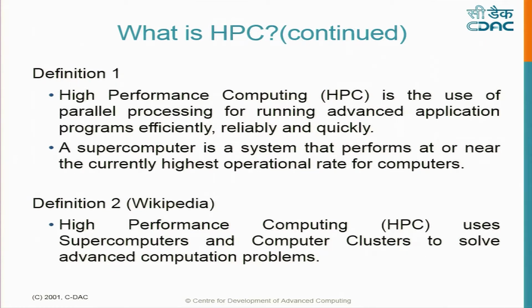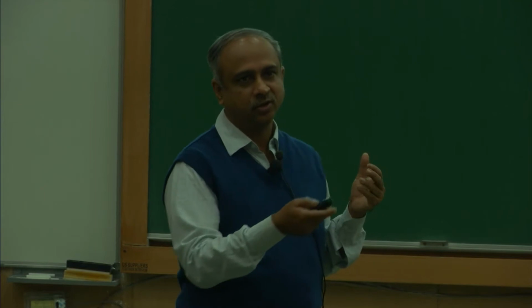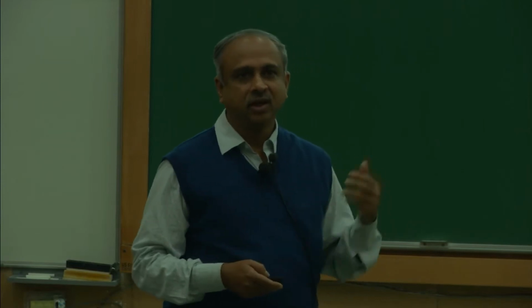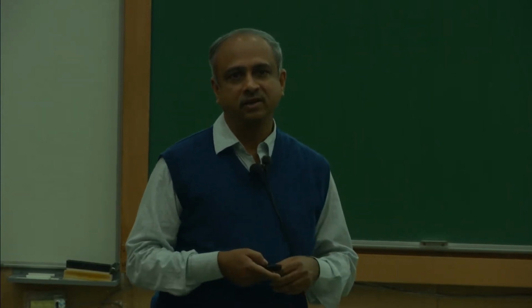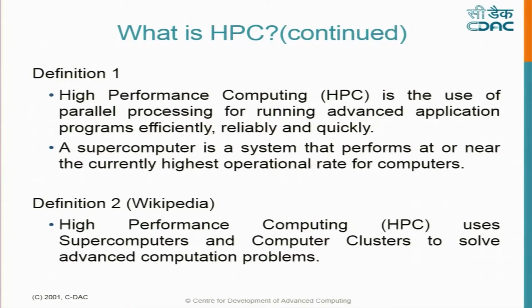So it inherently uses parallel processing. We all acknowledge that. We can run those advanced applications efficiently, which means you dedicate the hardware solely to running that application. Unlike in the morning, as we said, if you have task switching, then there are overheads. On a time scale, a task is running, there is a switching time, then the next task is running. So the switching time eats up the actual time that is required for running your task. If you don't have that, with just one application running continuously, you can do it efficiently. Reliability comes from the hardware that is built inside, which is very high speed and reliable, and as a result you get the results quickly.